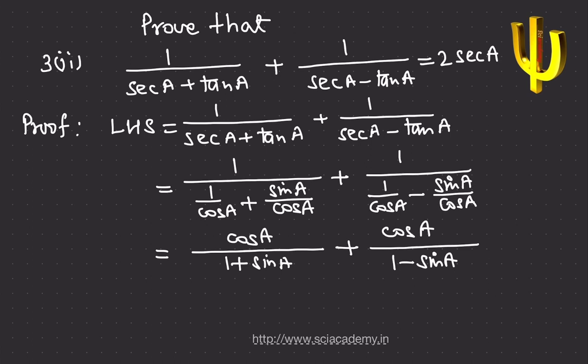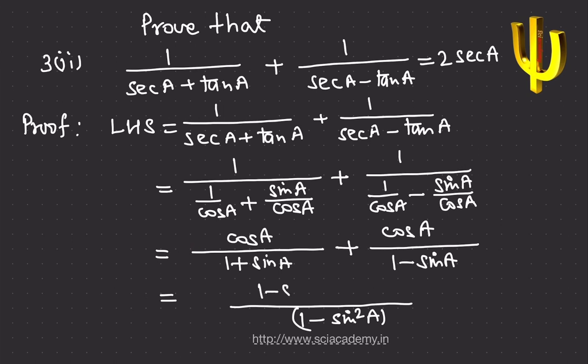Now this further can be solved by taking the LCM of 1 plus sin A and 1 minus sin A as 1 minus sin square A. So this is nothing but the product of this and this. So after solving this fraction we get